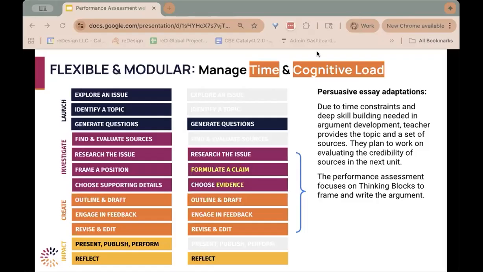So either all of them, or as Vicky's showing here, like you have time constraints or you're organizing in certain specific ways. Like students who are 5 can generate questions. They're not the same questions as somebody who's a senior in college. That doesn't matter. We're teaching them the process of generating questions. If they already do it naturally when they're 5, we want to make sure they keep doing it all the way through.